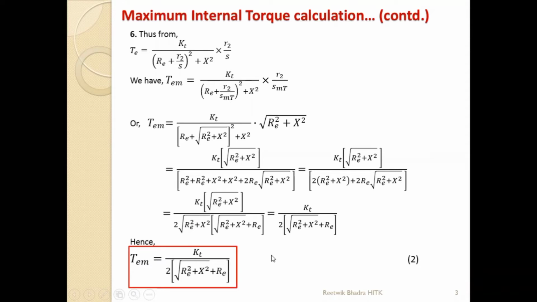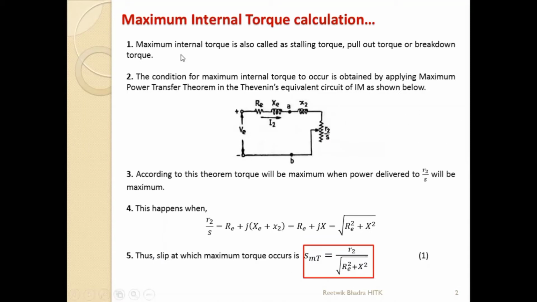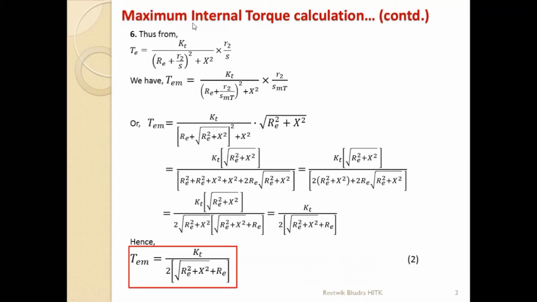All these equations, in your semester exam you can be asked to derive the maximum internal torque for a 3-phase induction motor. So you have to write this expression. Is it that I derive torque first and then maximum torque, or start directly from that equation? If I am asking for maximum torque internal calculation, direct from this equation. Yes, direct from T.